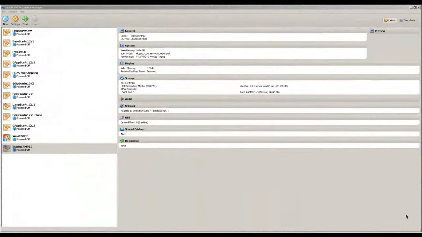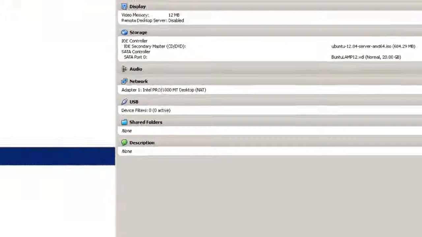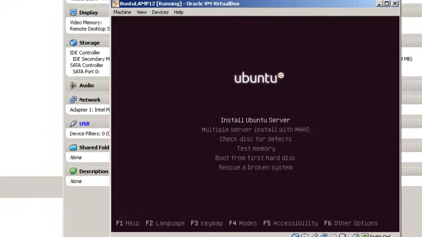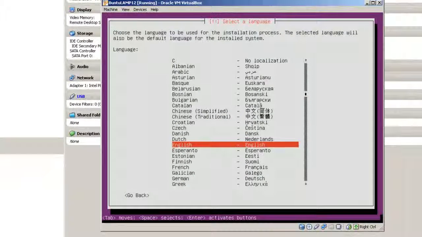In this section, I'm going to install Ubuntu LAMP server into VirtualBox. We've already configured that, it should be already set. So all we have to do here is highlight it, select Start. You can use the arrow key to come through there and simply click OK. Let's get rid of that. So again, it asks you for the